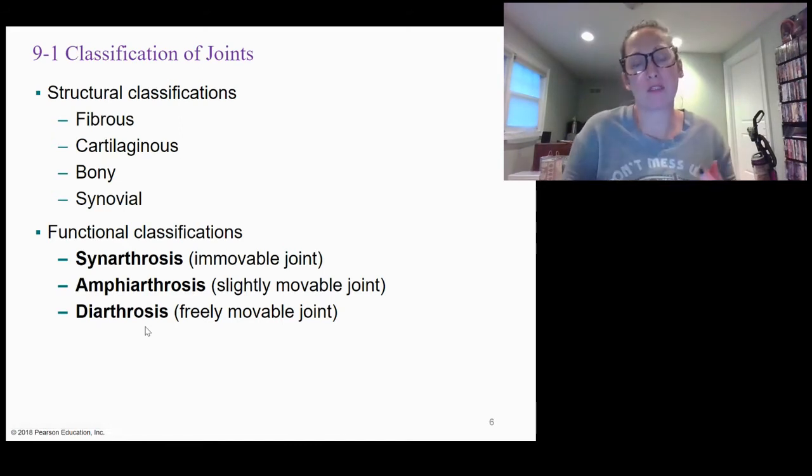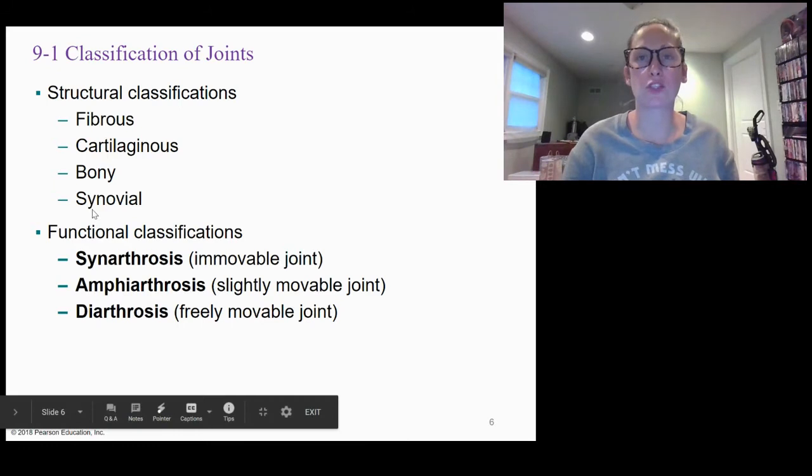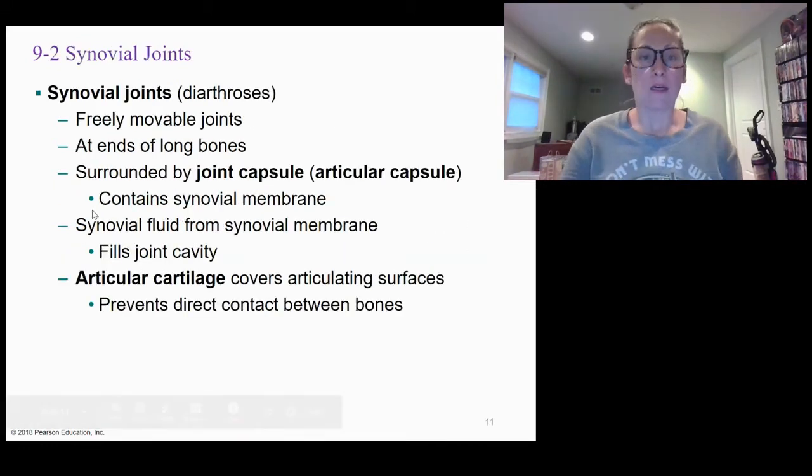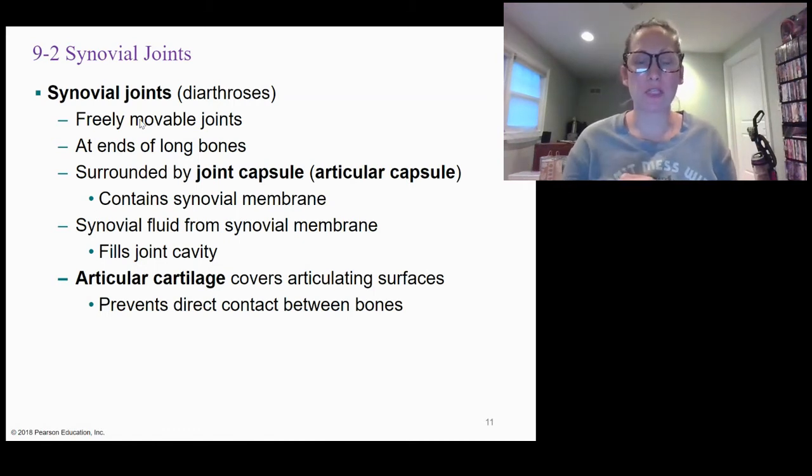So when you think of a joint, like your knee, your elbow, your neck, your ankle, your digits, your knuckles, those would be diarthrotic joints, and they tend to be the synovial joints that we are going to talk about. A synovial joint has a lot of characteristics. It has a lot of key features that are important to it. I'm going to talk about a few of those, look at some labeling, some images,